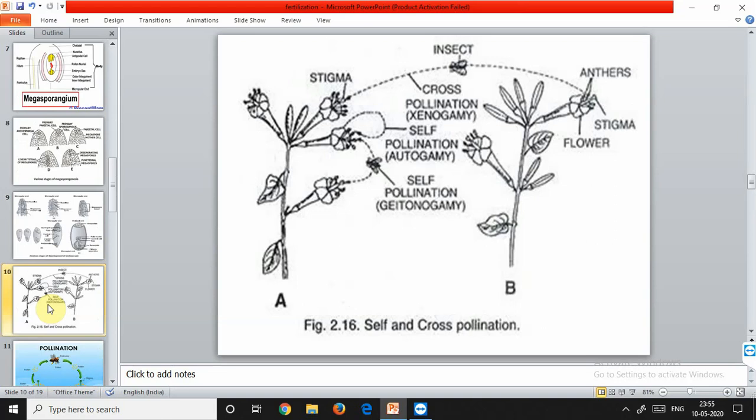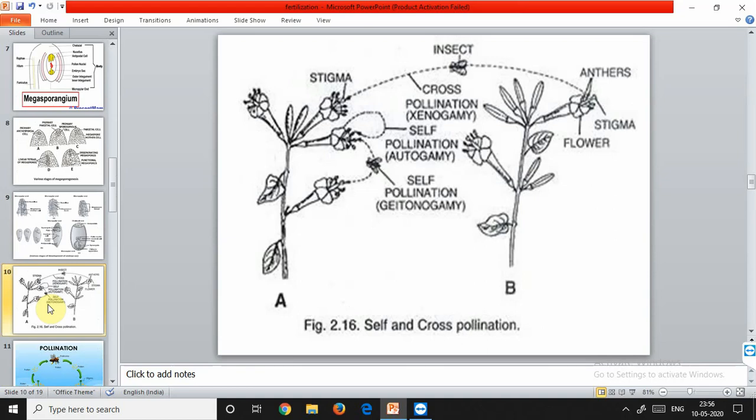What are the pollinating agencies? They are needed in cross pollination. Various agencies are required, for example insects can be helpful in the transfer of pollen grains. Then bats are also used in the process of pollen transfer. Some higher animals are also used, like even elephants participate in the process of pollination.